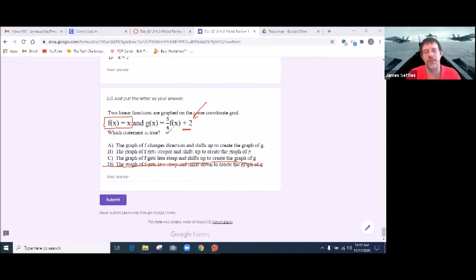Then this is the tough one right here. If the number is more than 1, then it's more steep. Less than 1 is less steep. Well, because 4 is bigger and it's on the bottom, this is less steep. So the answer would be C. So in the end, if you guess C, then